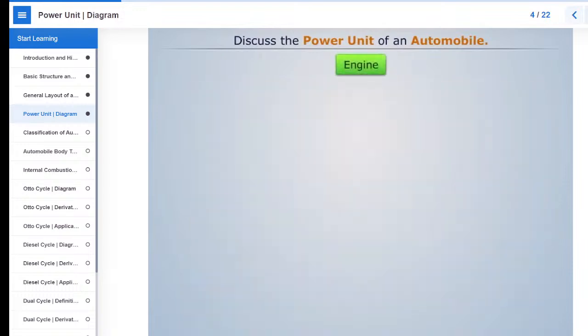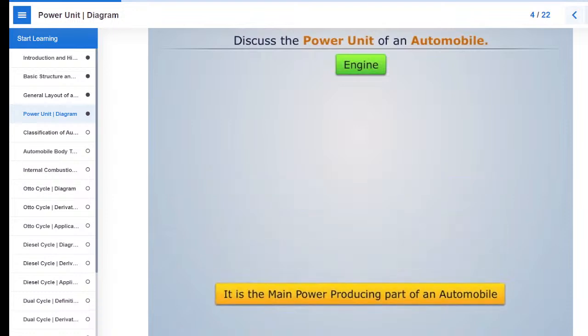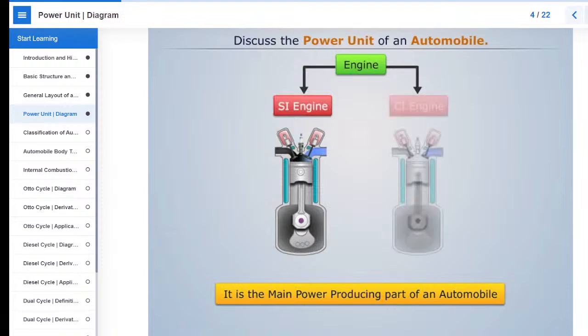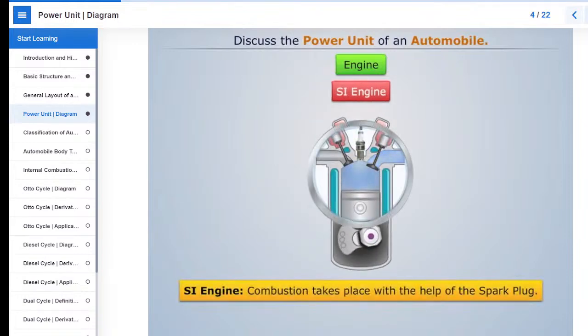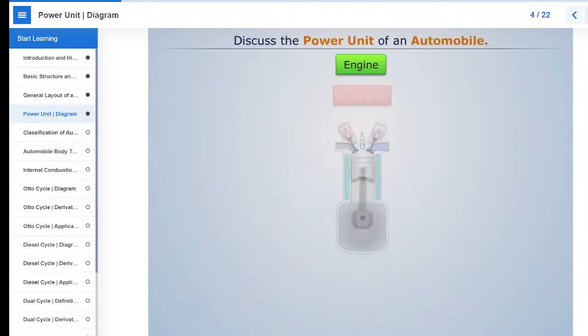Engine. It is the main power-producing part of an automobile. The two most commonly used engines are spark ignition engine and compression ignition engine. In spark ignition engines, combustion takes place with the help of a spark plug. Whereas in compression ignition engines,